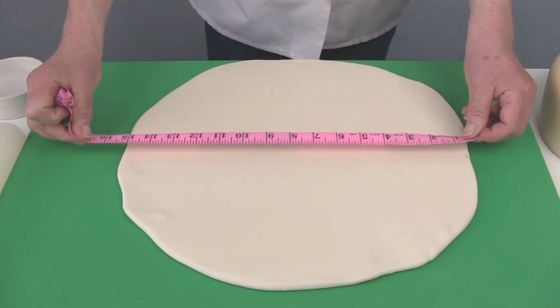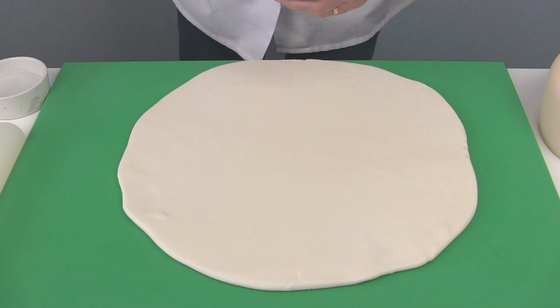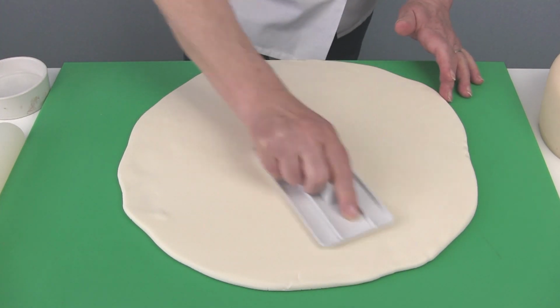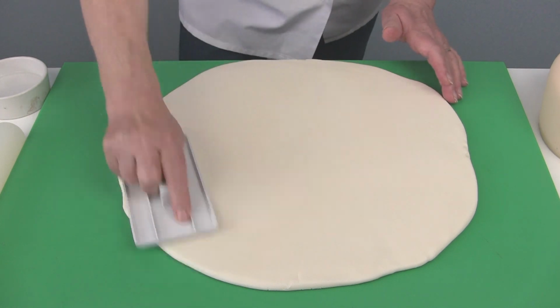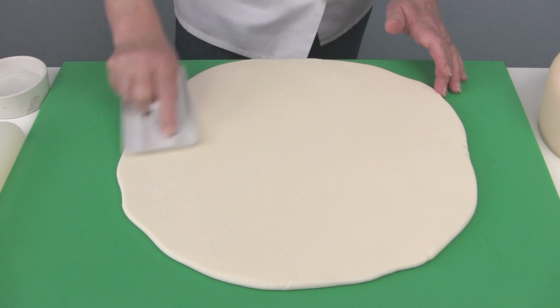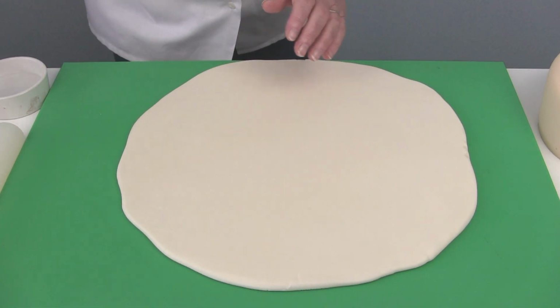So I'm just going to check the sugar paste for size. That's 15. And then I need to just go over with a smoother to make sure it's perfectly flat, ready to take the stencil. And then place the stencil